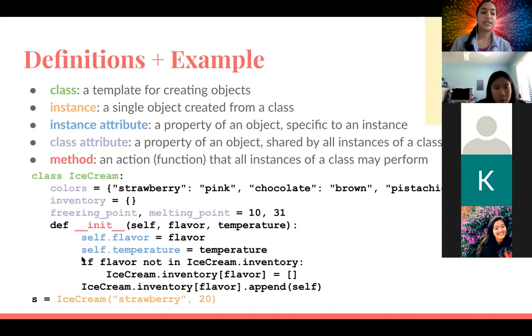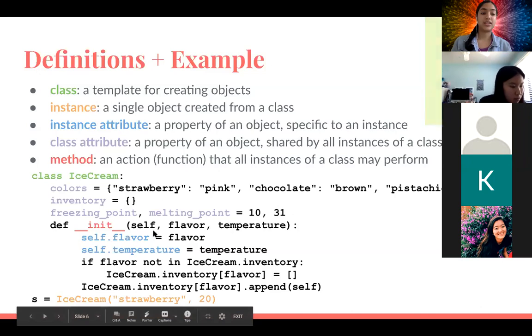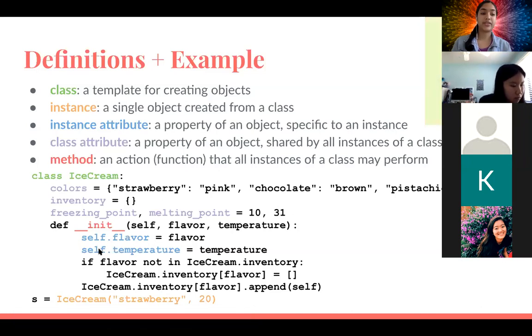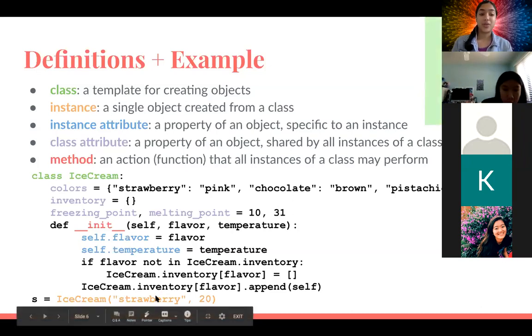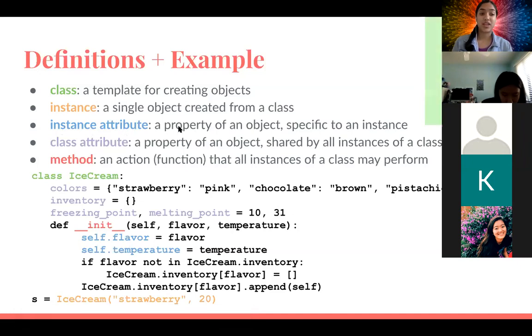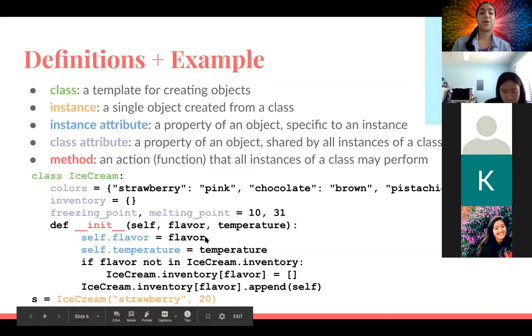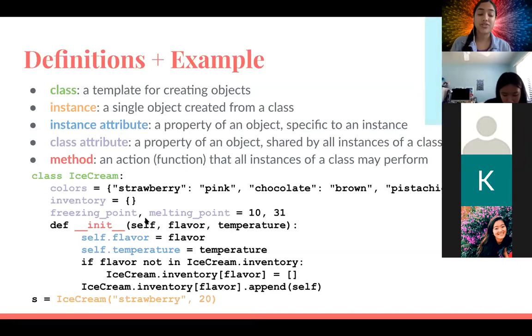So once we go into the init method, we see these two lines, self.flavor equals flavor and self.temperature equals temperature. What this does is it saves the value strawberry into an instance attribute, which is a property of an object specific to an instance. Same thing with temperature. It saves that string and that number with respect to self, which we just said was a new object that